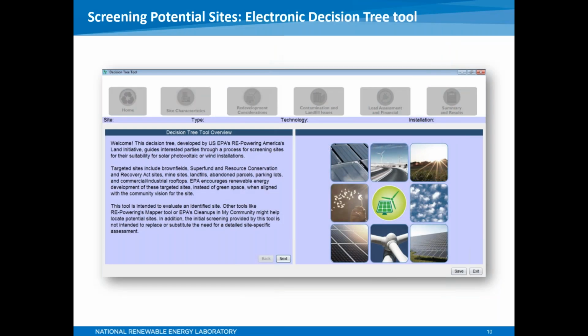So another tool that we've got here for EPA RE-Powering America's Lands is the electronic decision tree tool. NREL worked with EPA to develop this. Basically, it's a free downloadable tool that takes you through the process of answering some questions about the site, and it's easy to go through, super user friendly. For the most part, if you know the site, you're going to know the